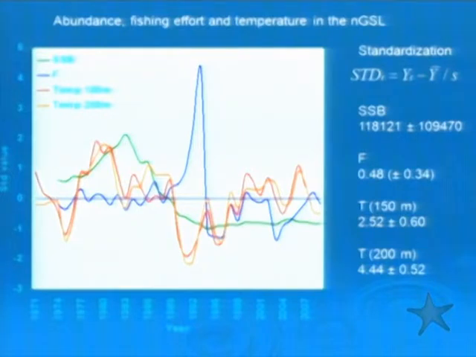So what we see is that the stock abundance reached a peak in the mid-80s, and after that it decreased very rapidly and collapsed in the period of 1992 to 1994. After that period, it stayed at a low level, so there is no recovery that has been seen in that stock. If we look at the fishing mortality, it was more or less stable for the whole period between 74 and 89,